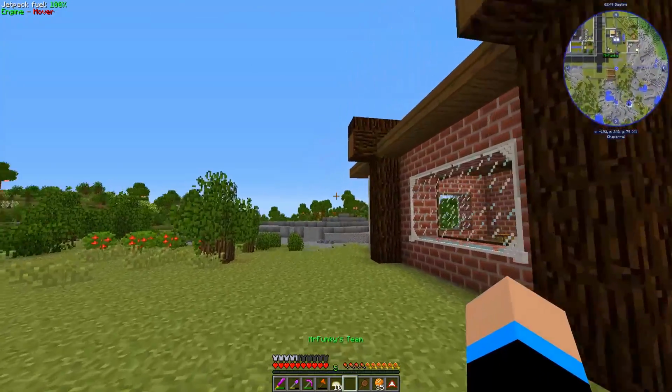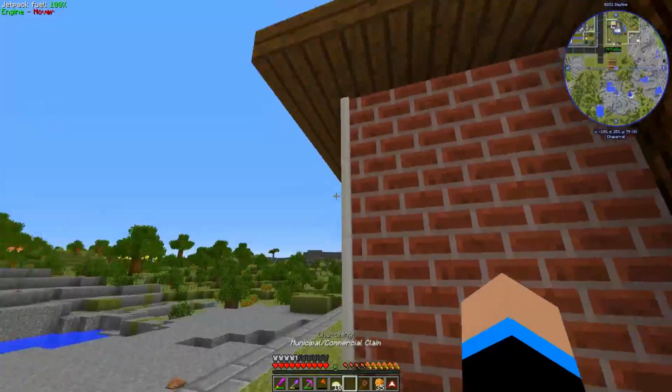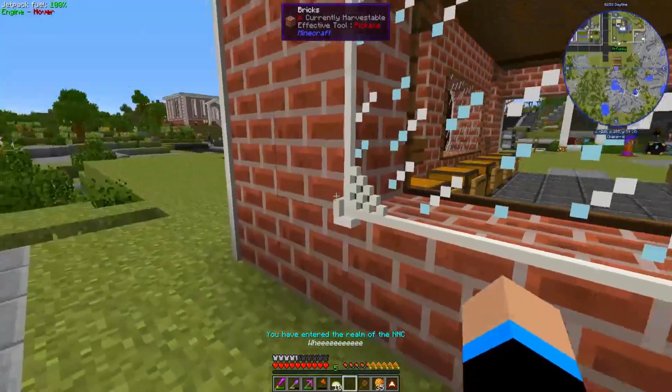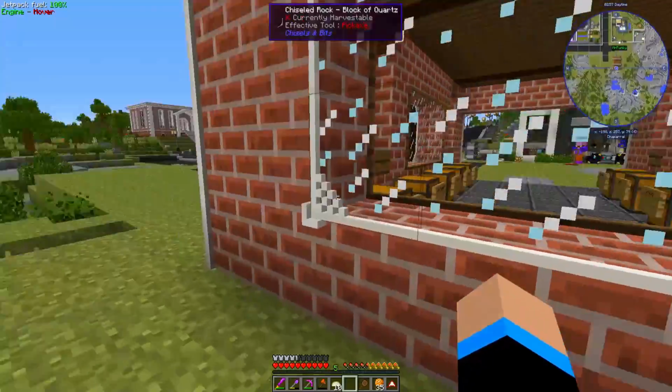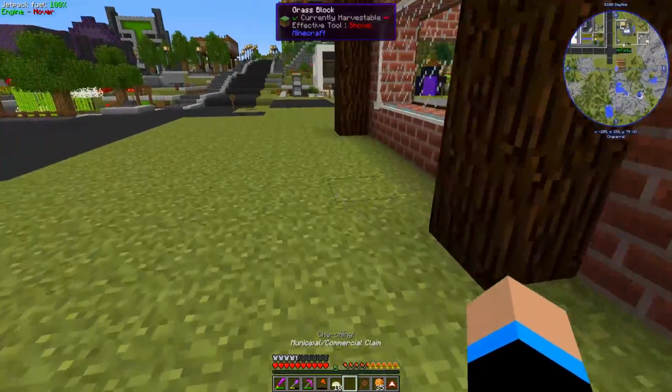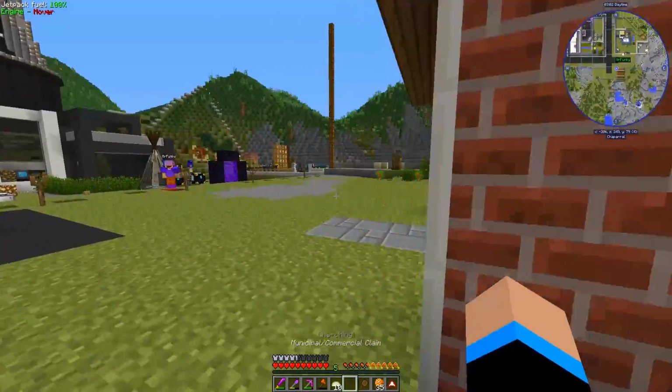So anyway, here's a little donation hut here. It's a very simple design, nothing too crazy. Just a little bit of fun with Chisel and Bits here. I actually kind of like how this turned out. It's different. But all it is, is a setup for